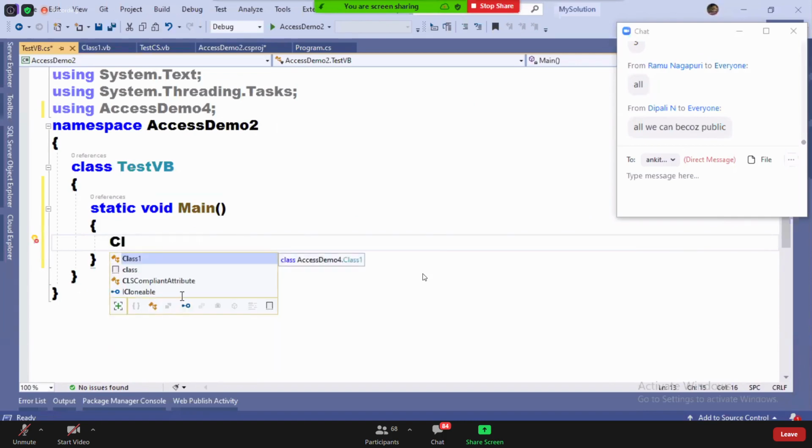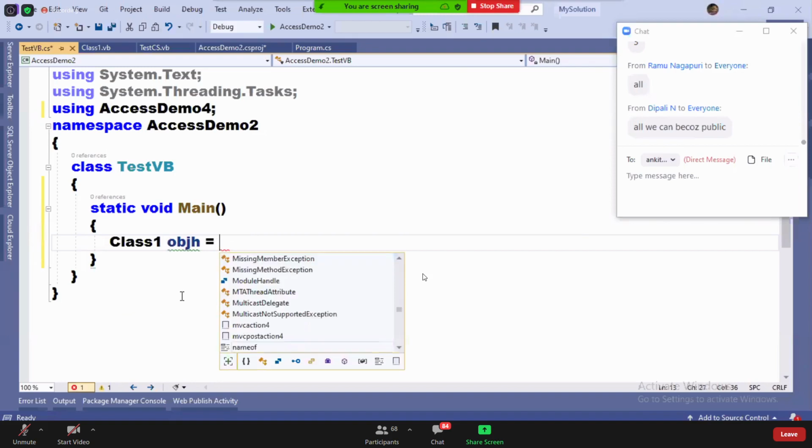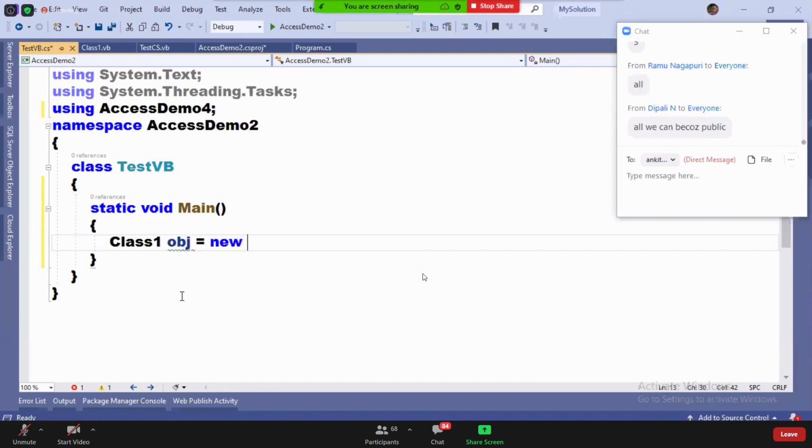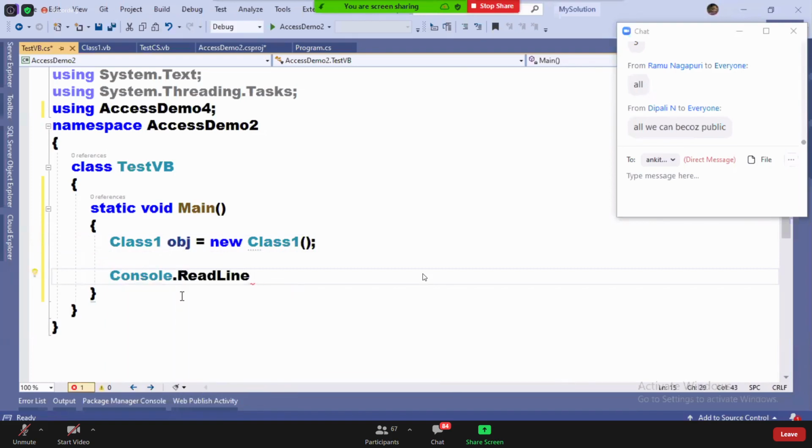Class1 obj = new Class1. See guys, see the beauty of Visual Studio. Are we consuming C# code? Are we consuming VB code or CIL code? Come on fast.